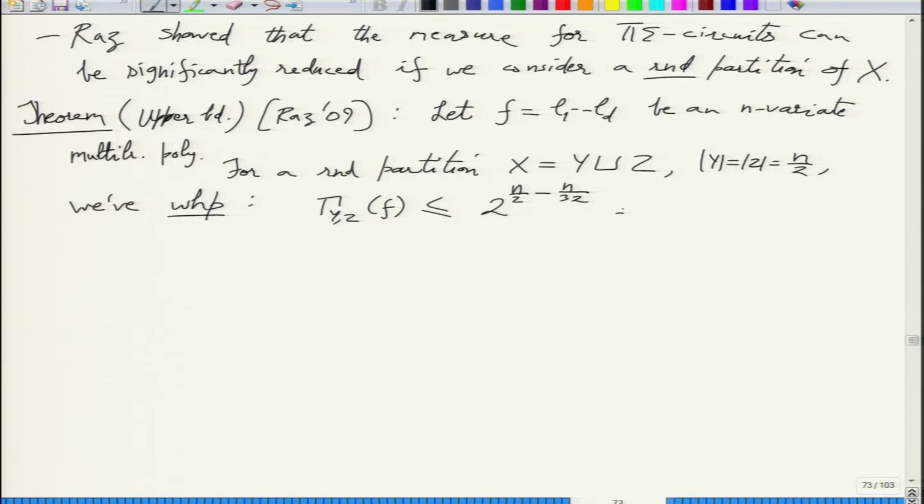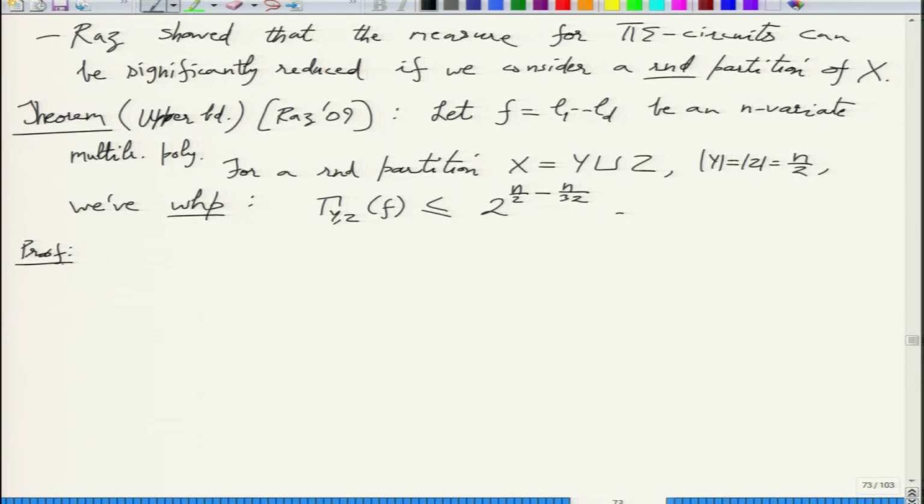Okay, so the exponent falls just by a constant multiple. It is not a big fall, right? But since it is happening in the exponent, overall it can be useful because you just have to now show that for some other polynomial like determinant, the measure is greater than this, right? So now you have some gap that you can utilize. With 2 raised to n by 2, you had no gap. So this creates a gap that we can try to exploit later.